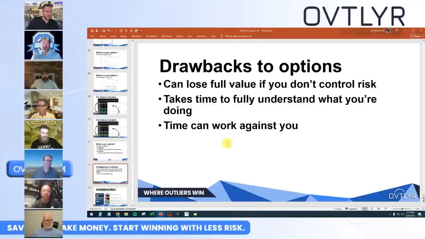Drawbacks to options. You can lose the full value of that option if you don't control your risk. And that's what I meant earlier: this quarter with the date of, what was it, 1990, I think, this 1990 quarter is worth more than any option that expires out of the money. That is really sobering to a lot of people because they will YOLO into options thinking they're going to be buying their Lambo by the end of the week, probably two Lambos. But then they don't have two quarters to rub together, right? Because options can go down in value that fast if you don't know what you're doing. And I want to make sure you do know what you're doing, okay?